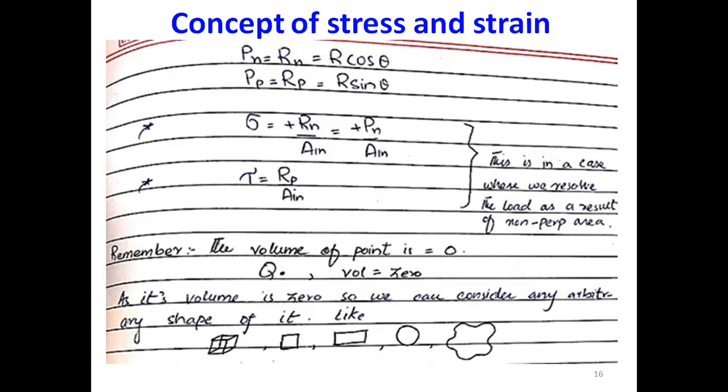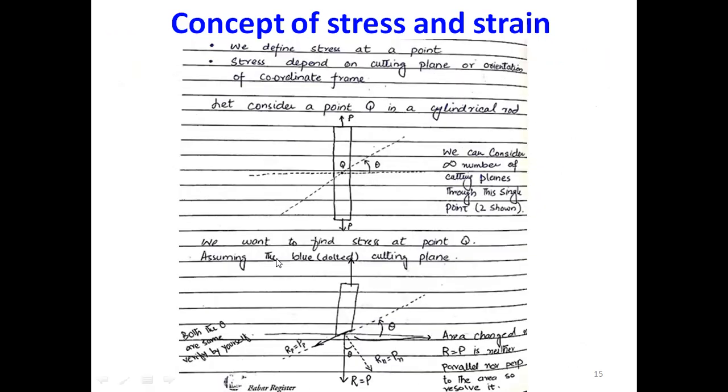So now we could easily conclude that stress is such a concept that if we change the cutting plane, then the values of the stress would change at that point. If this is the cutting plane, we would have only one value for the stress. If this is the cutting plane, we would have two values for the stress. In this tensile uniaxial case, if we change the cutting plane, then the stress values would change. In this case we would have one value, in this case we would have two values.